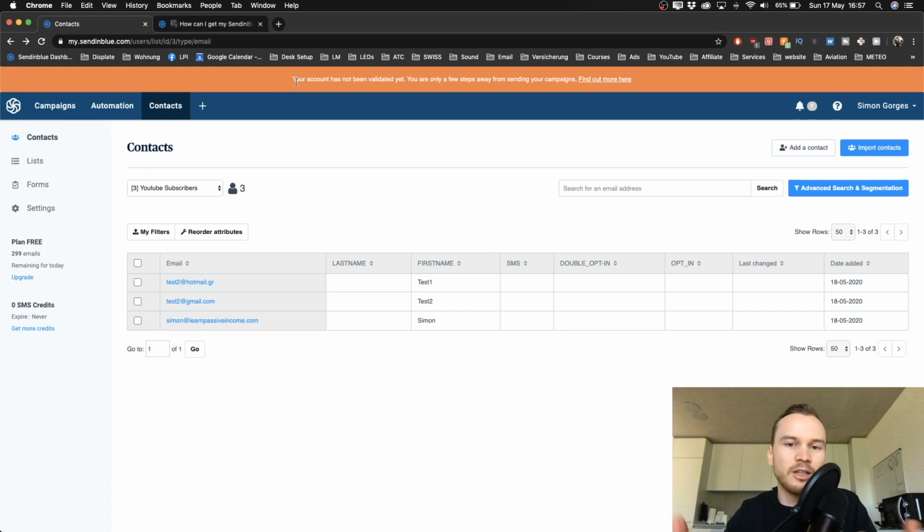And when you complete your profile, upload your contacts and create your first campaign, they should automatically validate your account. But for me, it takes a long time, so I actually emailed them. What you want to do if they don't validate your account right away is email them at contact@sendinblue.com, and then they will get back to you and tell you what you need to do to actually get